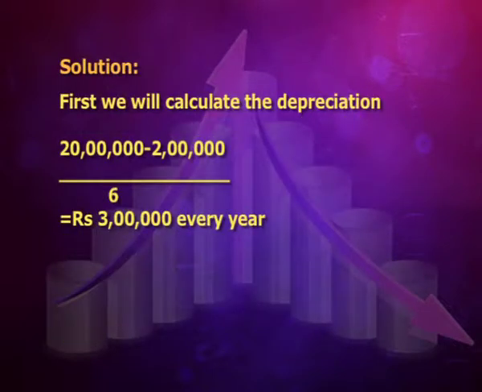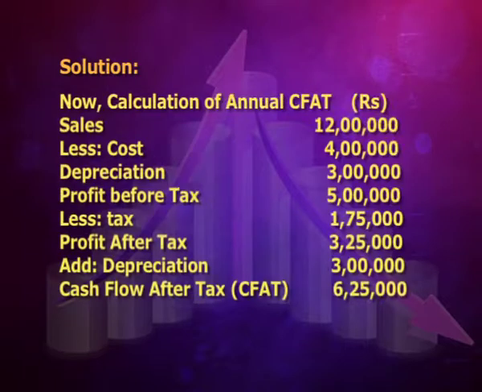When we solve it, we will first calculate the depreciation by using the formula 20 lakh minus 2 lakh divided by 6, which will give us rupees 3 lakh depreciation every year. For the annual cash flow after tax, by deducting the depreciation we get profit before tax as 5 lakh, then we deduct tax of 1,75,000 and get profit after tax equal to 3,25,000. Then we add back the depreciation worth rupees 3 lakh,